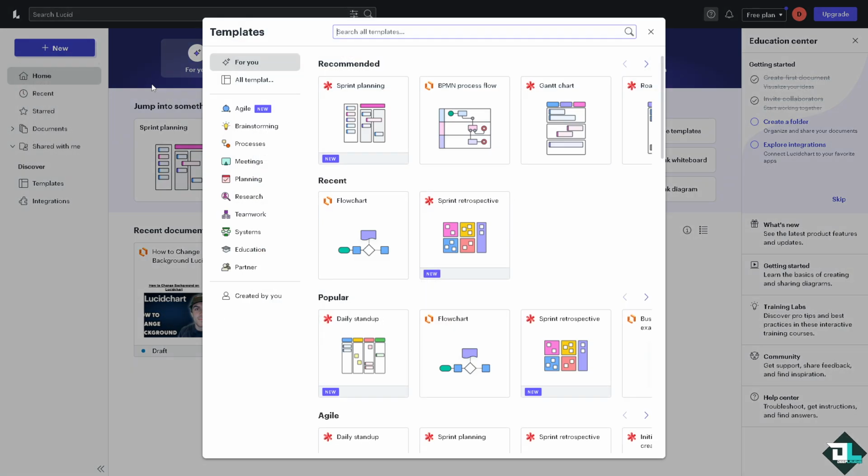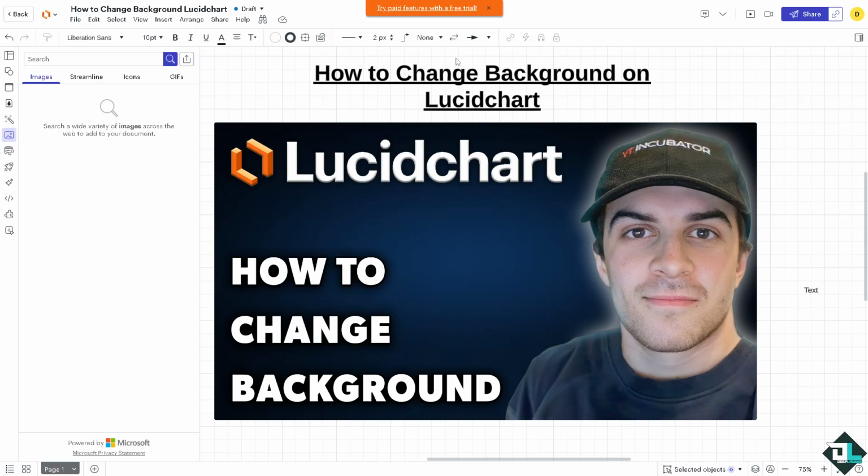What will happen is you would be forwarded to this section we're in. These are going to be some of the best templates that you can use, and then you can change the background later. All right. Now, once you are inside the file that you're working, you see all you have to do is